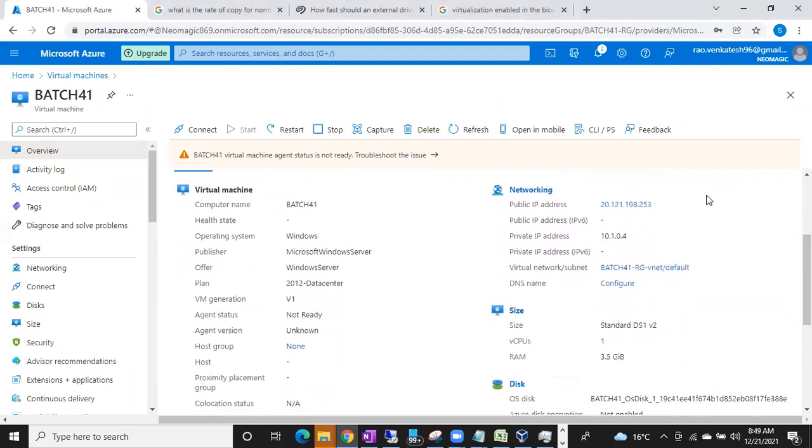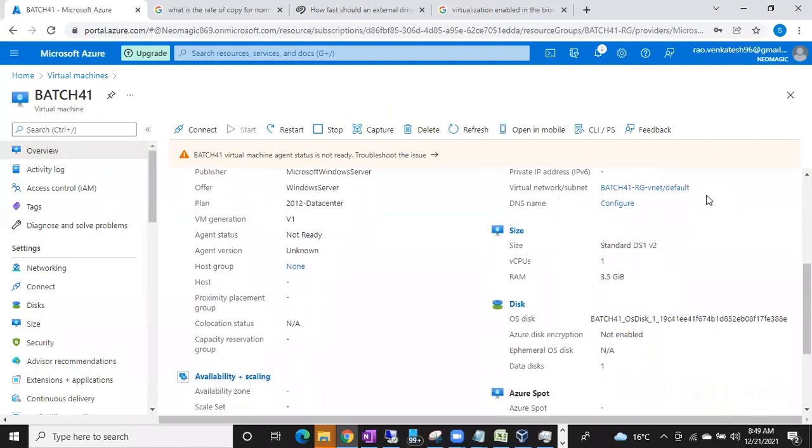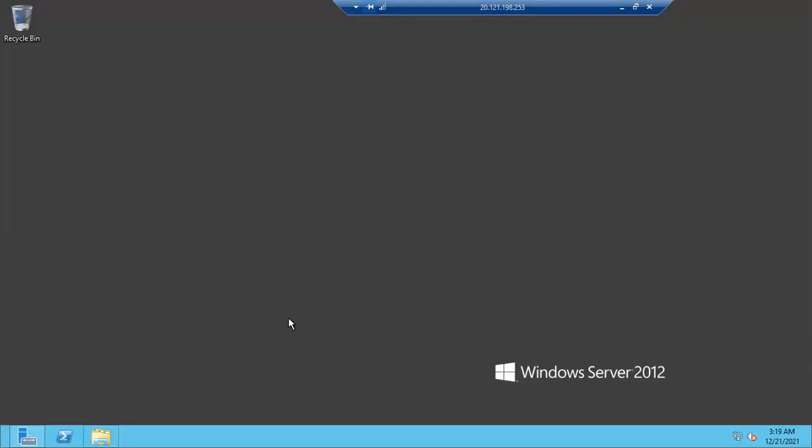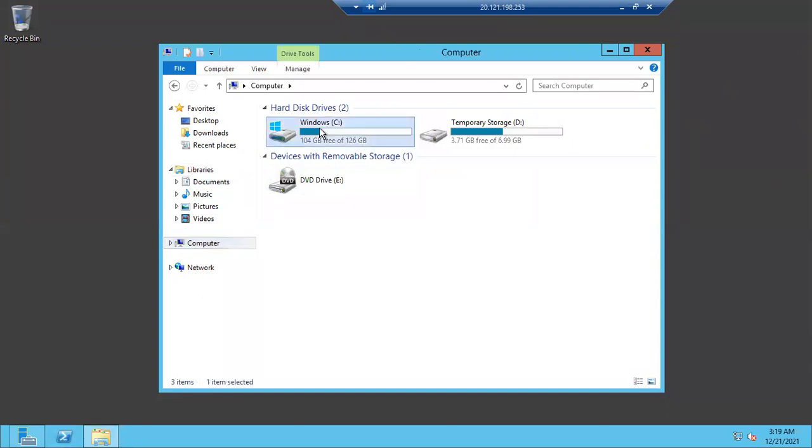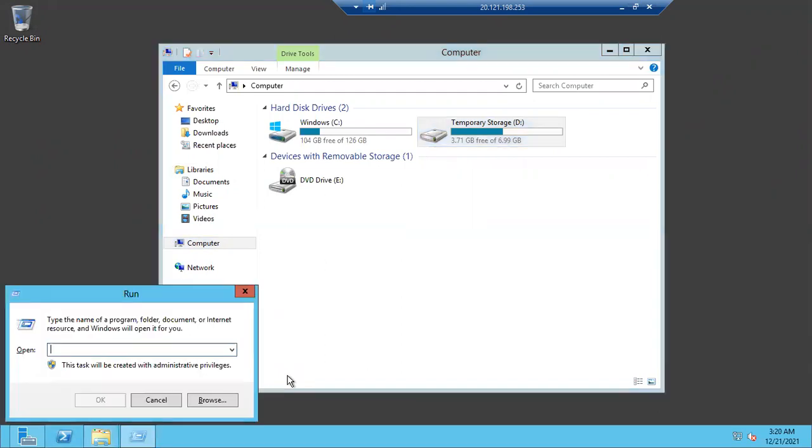Clear, guys? So for practice, see here, I have created 3 drives, right? Go to this, open My Computer. You can see 3 drives now. Go to Computer. You will get one C drive, around 126 GB, and D drive around 7 GB. And you are missing one more drive. Where is that? We have added one more drive, right? How much storage is it? 256 GB. Right. So once you add any drive, it will be attached in your disk management.